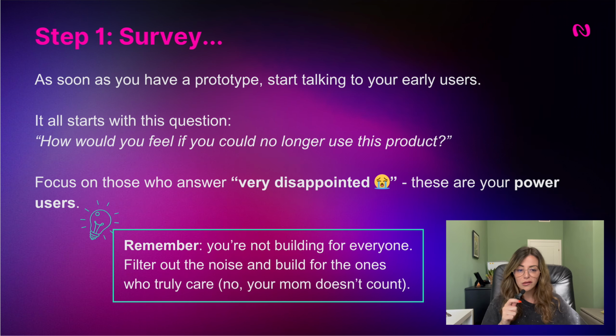Step 1: survey. So let's suppose that you have a first MVP, a prototype. Don't wait for your project to be perfect, but start showing it to people, because this is the only way to gain actionable feedback. Once again, it all comes back to asking questions, but you want to make sure to do it with method. A key question to ask is: how would you feel if you could no longer use this